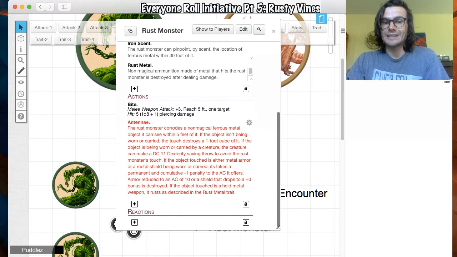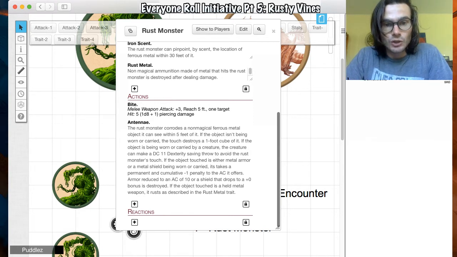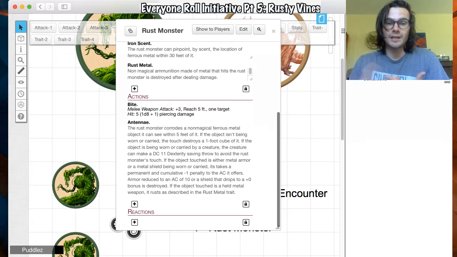The one I want to focus on is the antennae. So the Rust Monster can't attack twice. It can either bite or use its antennae. Basically, it touches its antenna on metal and it corrodes and rusts. So the creature has to make a dexterity saving throw, and if they fail, there is a -1 to the AC of any armor or shields, and there is a chance that if it keeps happening, they will be destroyed. So that's pretty...